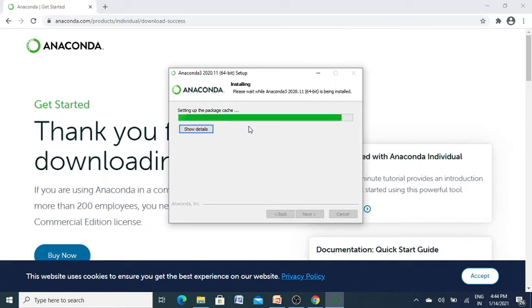Once we are done with the installation, no need to worry about it. Directly we can open Anaconda, and we go to Jupyter Notebook, and over there we write our code and execute our code line by line. Very user friendly.